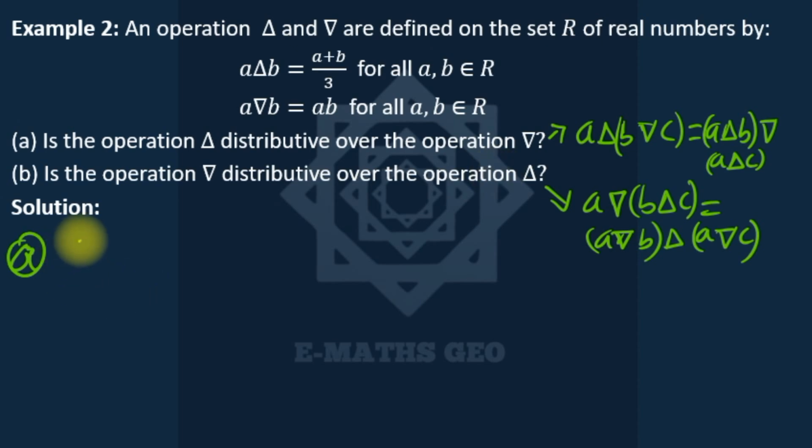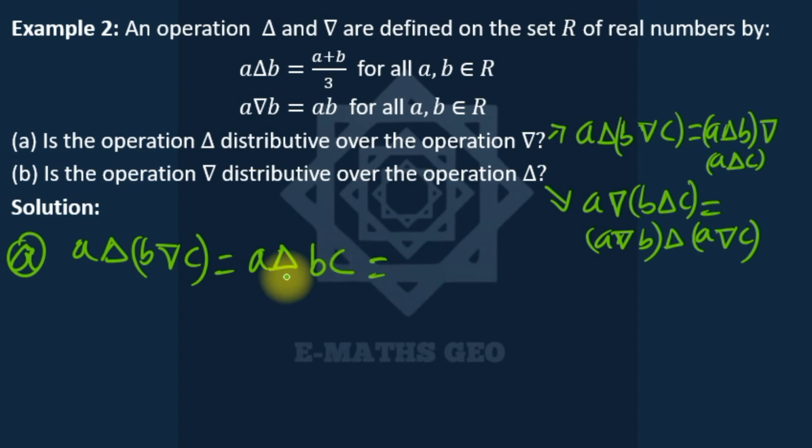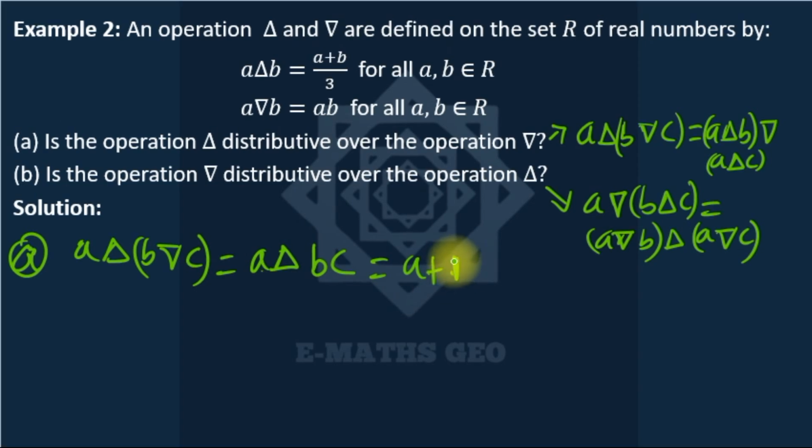So let me try and do A triangle (B inverted C). We'll first do the inverted. So B inverted C is now BC from our definition, and A triangle BC is now A plus BC over 3. So let's check